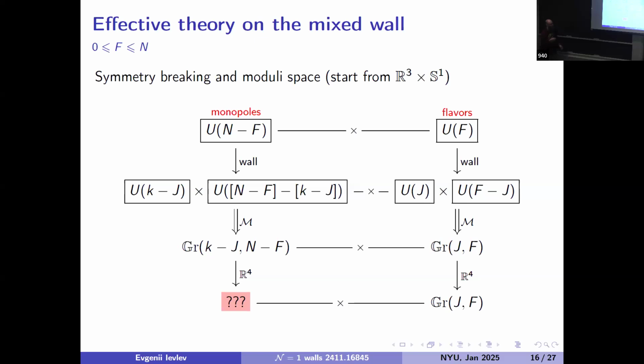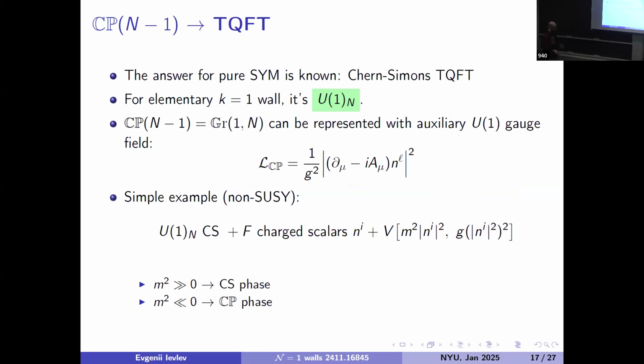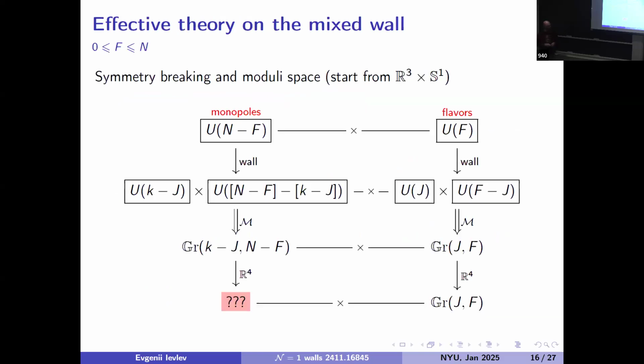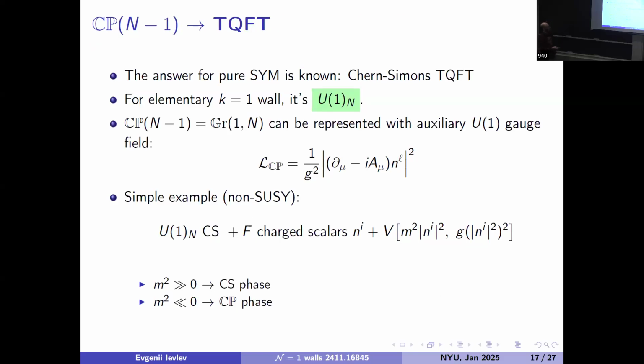What happens? What does this Grassmannian model come to? We want to argue, and this is more of a hand-wavy argument, but we ran a few checks and it works out so far. But even in the presence of quarks, this Grassmannian sigma model does become some TQFT. And on this slide, I provide some argument for this. Examples of this happening are known. For example,